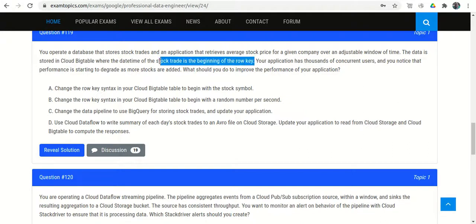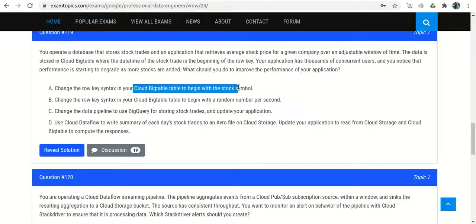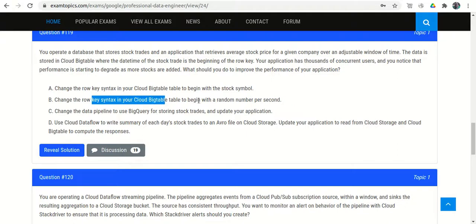In the question our row key starts with the date time, or timestamp, so the performance will definitely be degraded. So they say change the row key so it starts with the stock symbol. Option B, a random number per second, doesn't look good because we can use the stock symbol. So option A looks okay, option B doesn't.